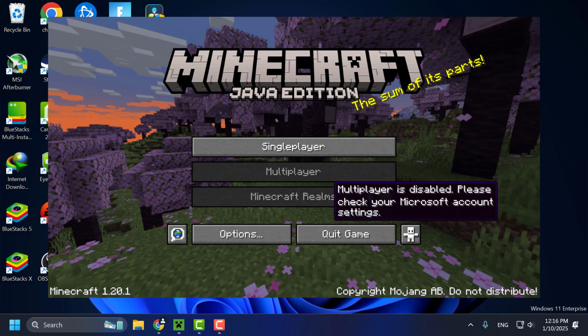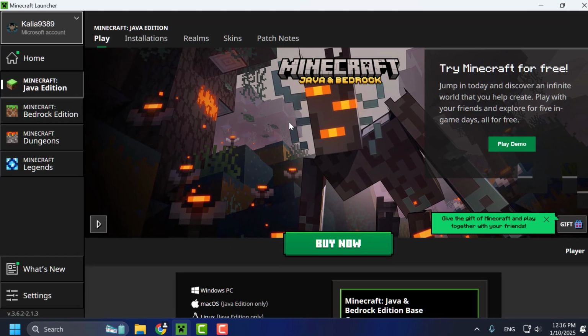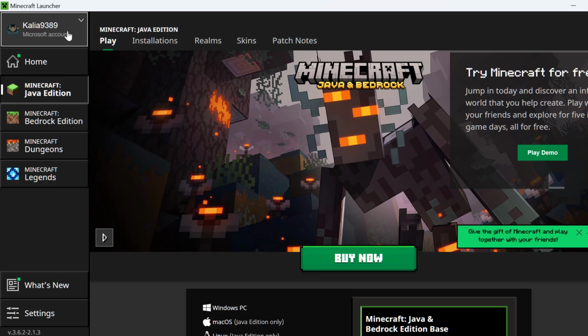Today we are going to see how to fix Minecraft multiplayer is disabled. Please check your Minecraft account settings. Let's fix it, guys. You just need to open up a Minecraft launcher and select the profile name over here and select manage profile